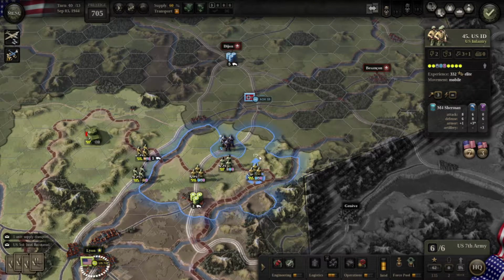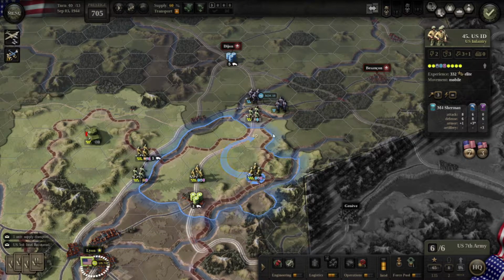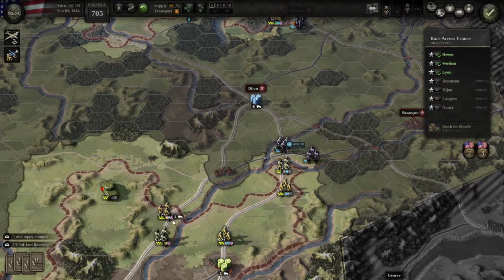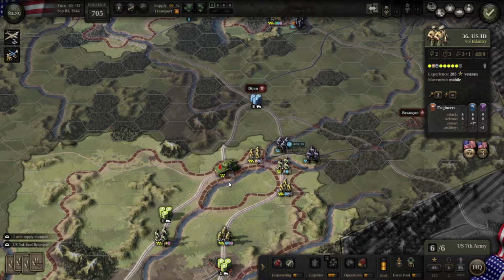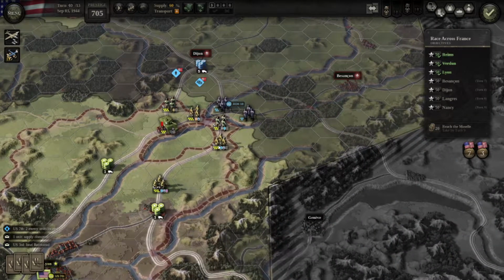Good. So far we're not needing the air power. Excellent. And the 7th repair... of course they can. Oh, but it's guarded. You're in supply. Good. Pushing up towards Dijon. So yeah, that is their main...